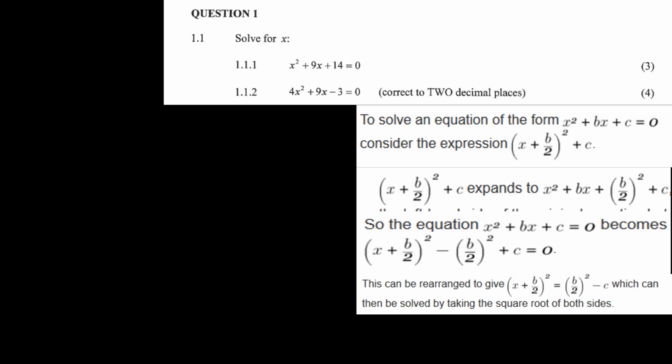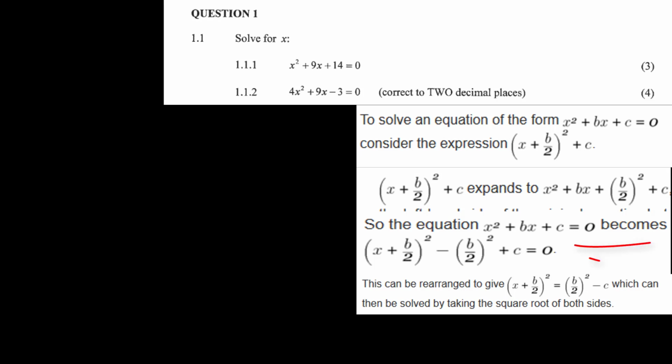I'm going to revise that for you. To solve the equation x squared plus bx plus c equals 0, consider the expression x plus b over 2 squared plus c. Now this expands to x squared plus bx plus b over 2 squared plus c, which is the same as the original equation plus b over 2 squared. So to get back to the original equation, we subtract this term, and we get x plus b